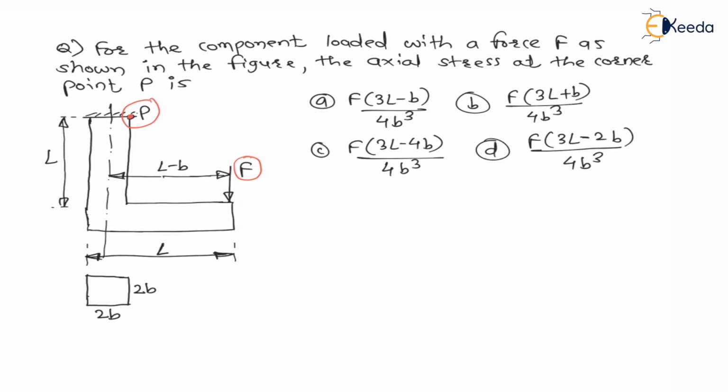Now let us consider there are two elements. If I give nomenclature, let us say here I will write point A, here I will write point B, here I will write point C. Now we have two elements, AB element and BC element, you can see in the diagram, and force EF is acting on BC element, right? Now but point P is on AB element, therefore this force EF we have to transfer on AB element.